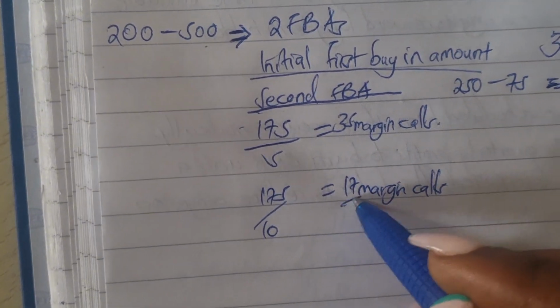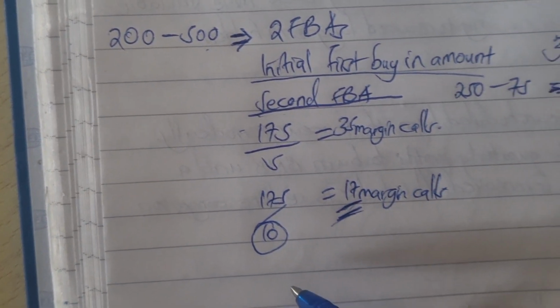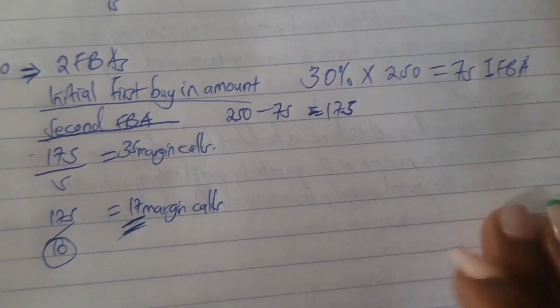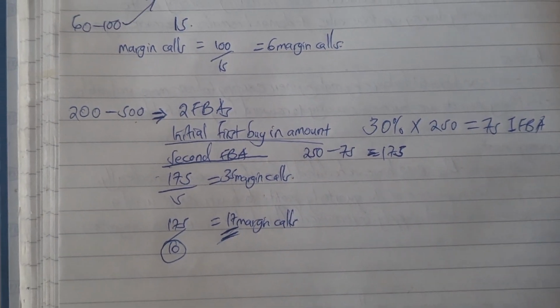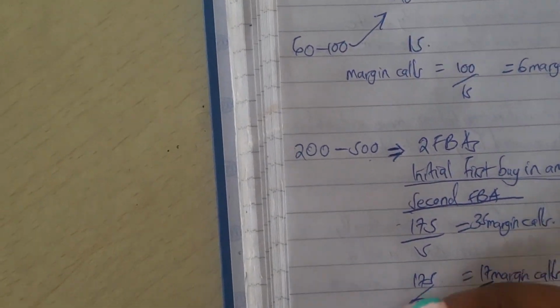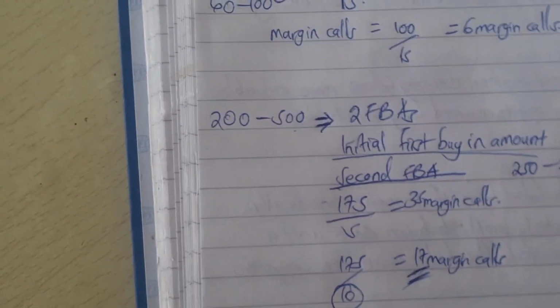So these 17 margin calls, they'll also be whole in case you're using a first buying amount of 10, because it already bought using your $75 before it came to pick on the 17 margin calls. So what if you have 500 to 2000? Here you can use